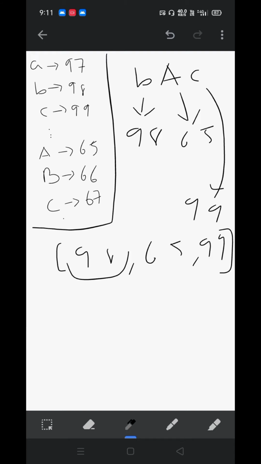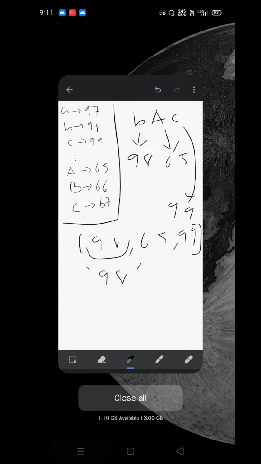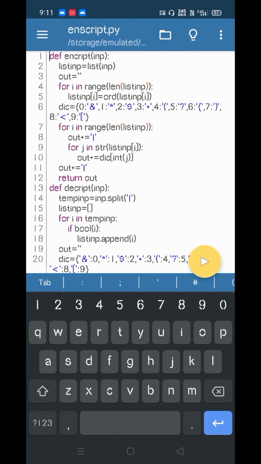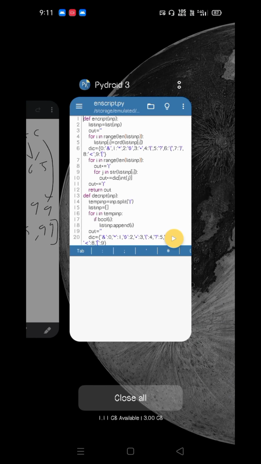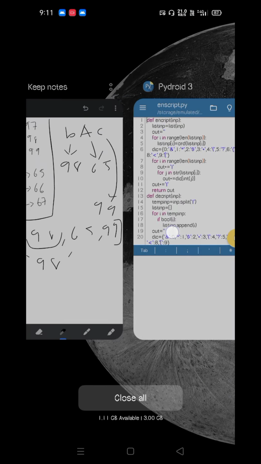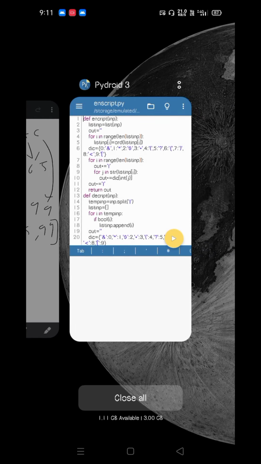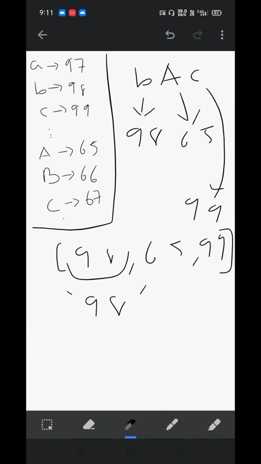Now we will traverse through this list, take each object and convert it into a string, so we convert 98 into a string. Now again we will traverse through this 98, so we will get 9 and 8. The symbol we had taken for 9 is the square bracket, and for 8 it is the less than symbol.